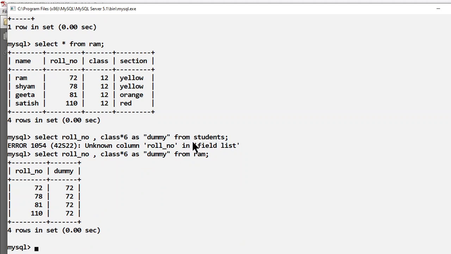Initially there was an error because I had written student, but my table name was RAM. So if I write the command select roll number, class into 6 as dummy from RAM, here you can see one column is roll number and one column is dummy. And what will be the result for dummy? It is class multiplied by 6, and in every case class is 12, and if I multiply by 6 the result will always be 72.